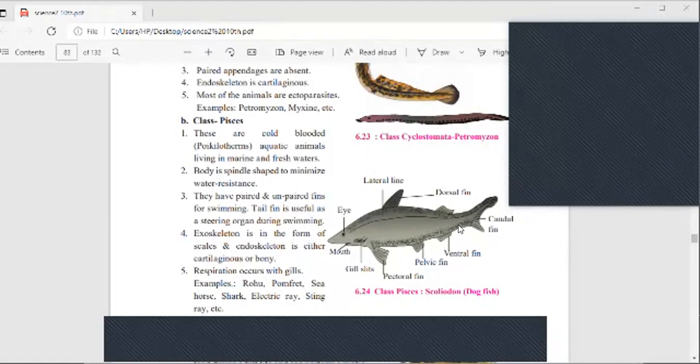It acts as a steering. Vehicles have steering, and with the help of the steering we can change the direction. Like this, the caudal fin acts as a steering to change the direction while swimming in the water body. Also, it acts as an offense and defense organ, to protect their body from the enemy. If the enemy comes, then with the help of this caudal fin, it dashes with that animal and moves forward. So protection of the body takes place by means of the caudal fin. Also, it is used to change direction in the water while swimming.